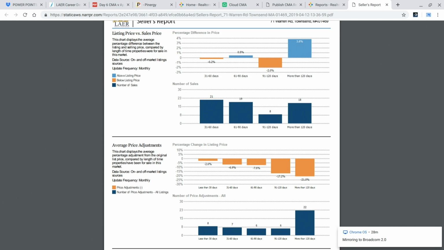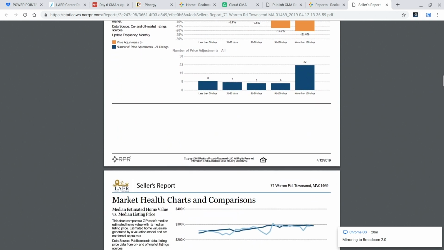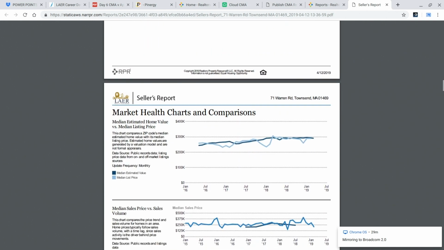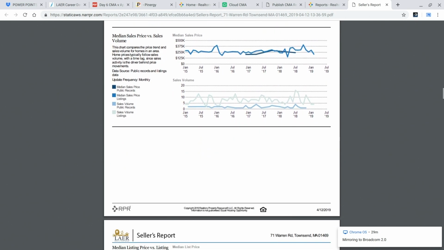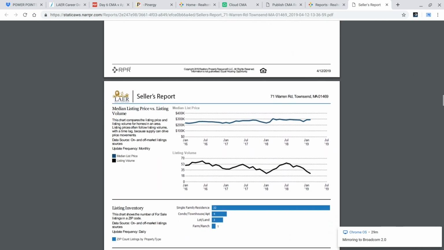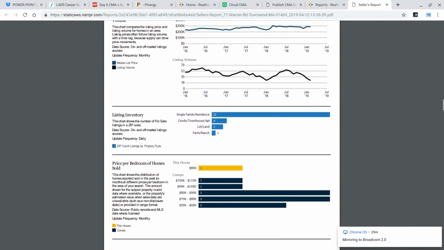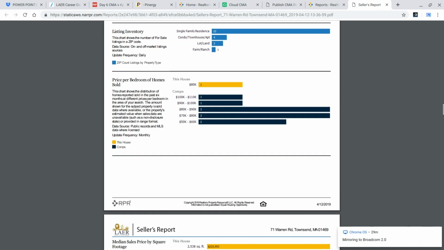RPR is great because it gives you all sorts of not defenses, but explanations that you can use when you're doing your listing presentation. List price versus sale price, days on the market, all sorts of stuff like that for them to consider before they put it on the market. Market health charts, median sales price versus sale volume, all sorts of stuff. And this goes on for quite a while. Then, eventually,